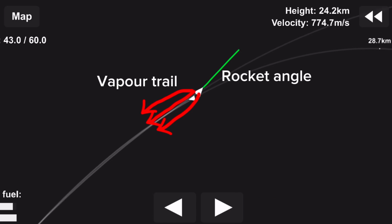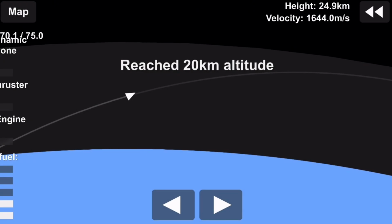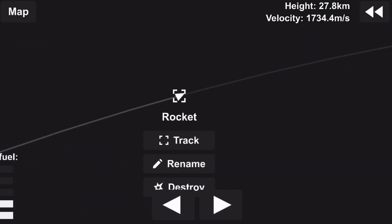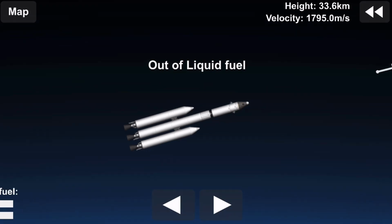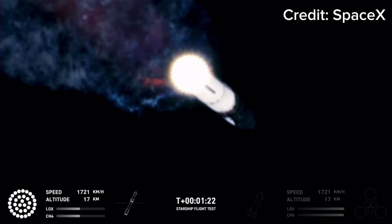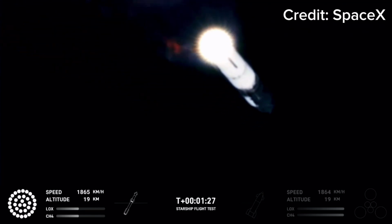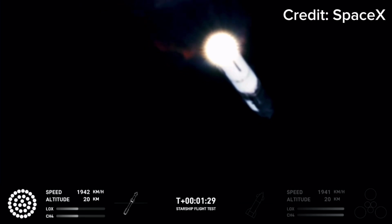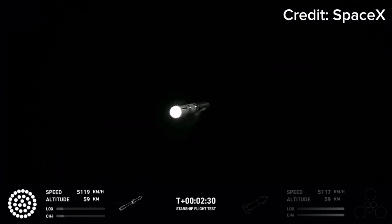This simulation shows a rocket that isn't on course, it's way too slow. However, this one has a vapor trail that is at 180 degrees with its trajectory. This is a sign that the rocket has an adequate thrust-to-weight ratio and is more than capable of carrying payloads to orbit. Skipping forward a little bit, the rocket is ready to perform stage separation, but not just any old